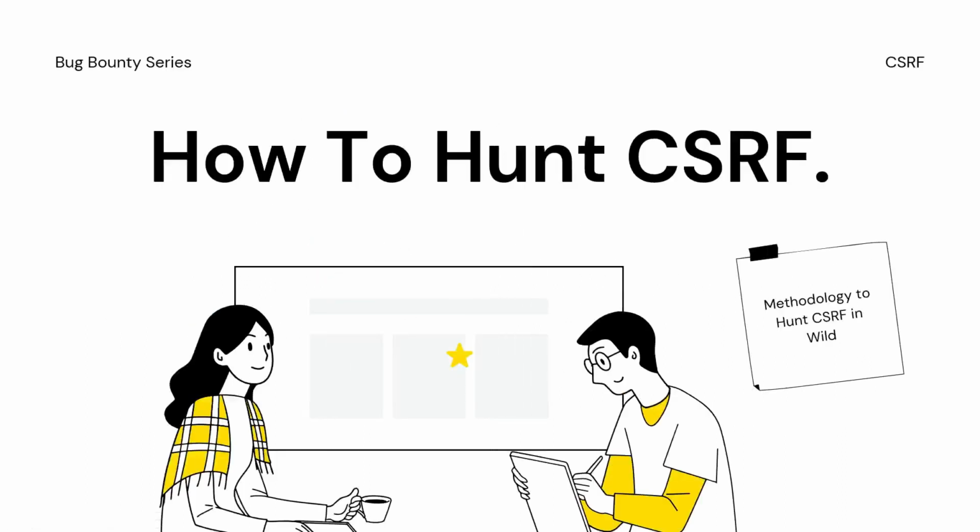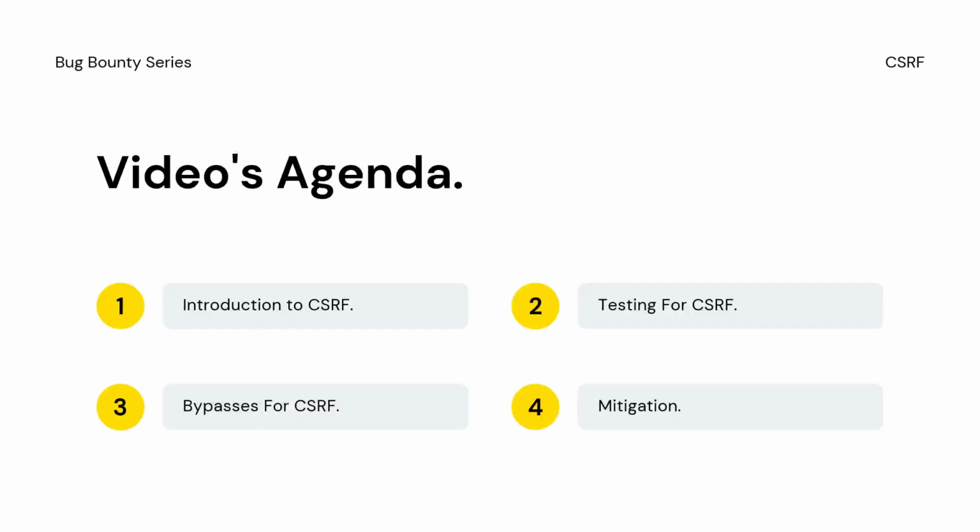Welcome guys to the third video of this series. From now onwards, we will start with some attacks on web applications and how you can hunt them on the program. So first on our list is CSRF, cross-site request forgery. I have picked this one first because it is pretty simple to find and there is a very high chance for you to score your first bounty using this.